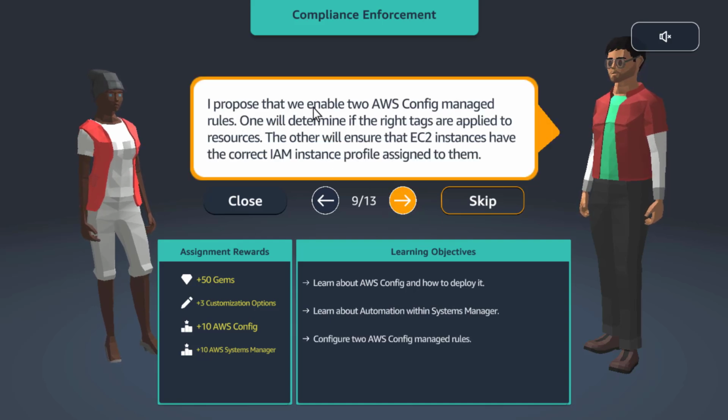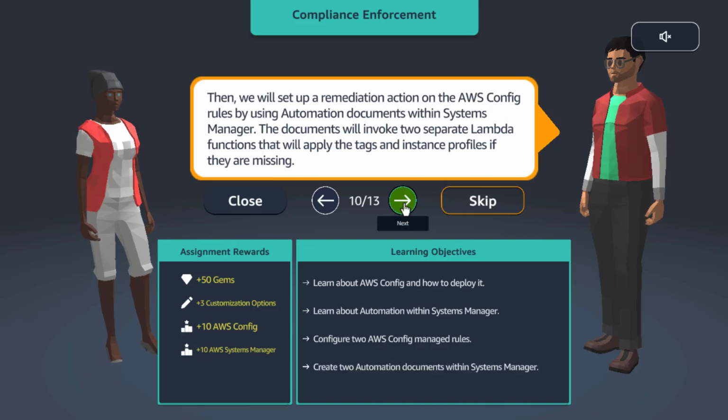I propose that we enable two AWS Config managed rules. One will determine if the right tags are applied to resources. The other will ensure that EC2 instances have the correct IAM instance profile assigned to them. Then we will set up a remediation action on the AWS Config rules by using automation documents within Systems Manager. The documents will invoke two separate Lambda functions that will apply the tags and instance profiles if they are missing. I know this is a lot, but trust me,